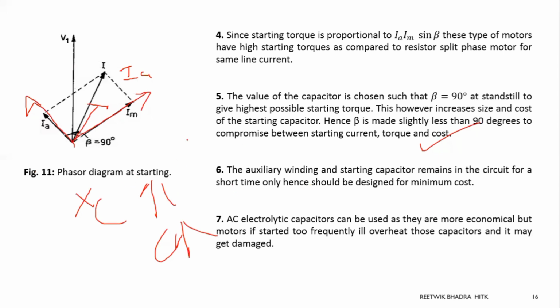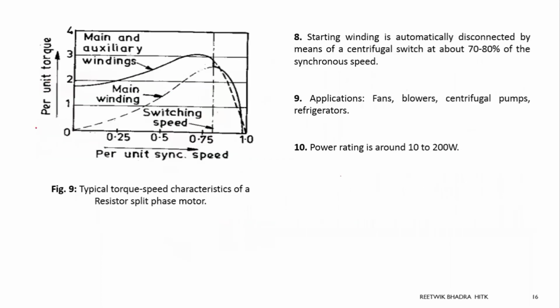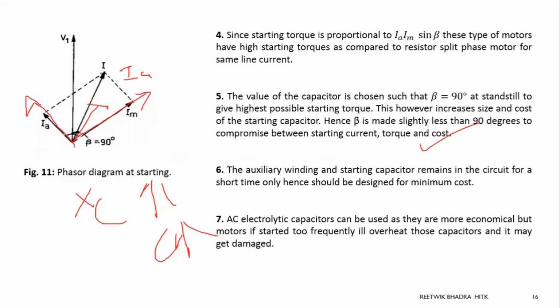So a compromise is made that the starting torque maximum is not obtained. Beta is close towards 90 degrees, and also a less costly capacitor is used. So we are not making the circuit too costly, and we are trying to compensate this starting torque, which was more close towards 2, we will make the starting torque more close towards 3, suppose. So we are increasing the starting torque somewhat over here, and also we are not increasing the cost of the machine. So a compromise should be made between that. So that's why it is done.